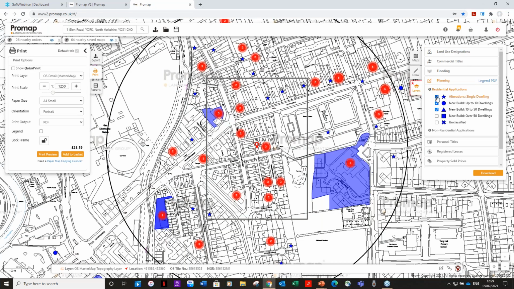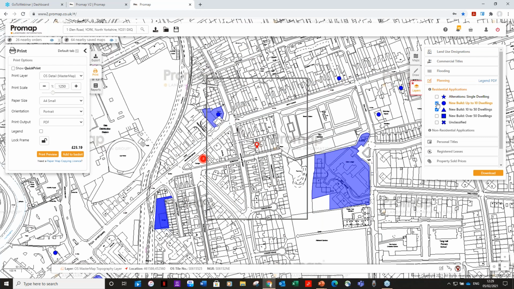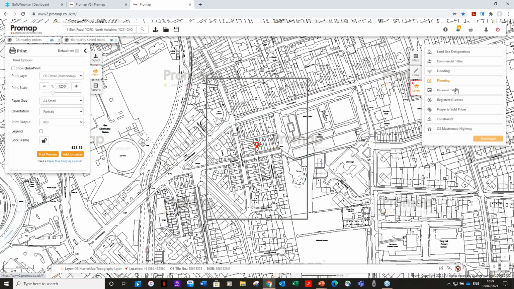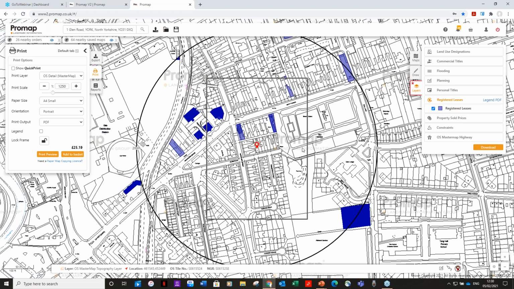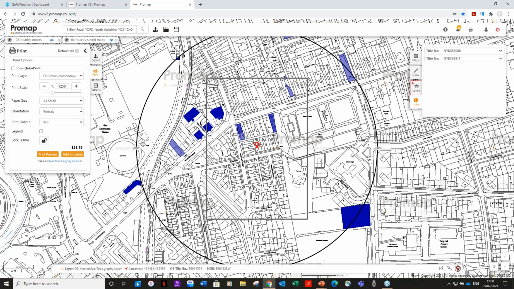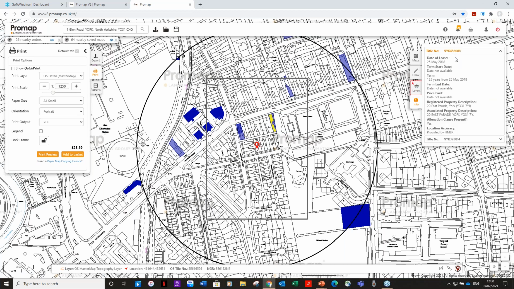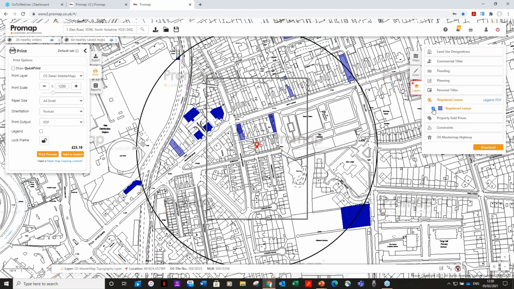With regards to the personal titles, as I mentioned before, very similar to the commercial titles, just not showing that ownership information. Registered leases and property sold prices are the other two that Land Registry provide in terms of viewable layers. Registered leases, again in a very similar way to the personal and commercial ownership titles, will show you the outlines of your sites on the map. Click on them to get the title numbers. And then again, more information about them: date of lease, term start date, term end date, price paid, all of that if it's available. Whilst under the property sold prices,